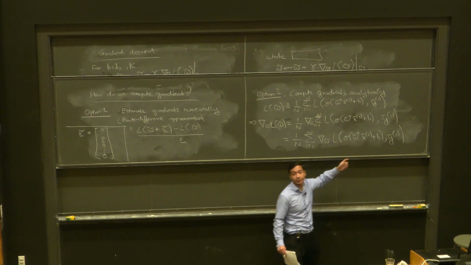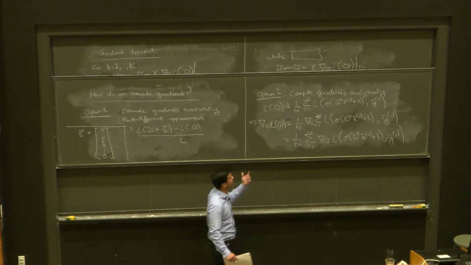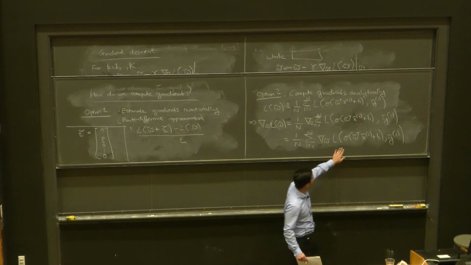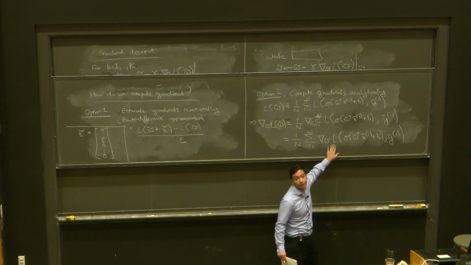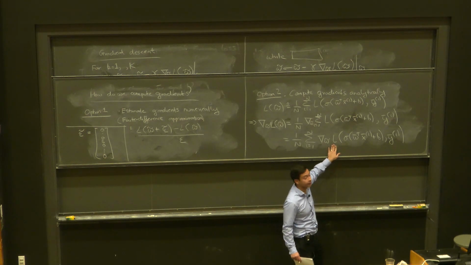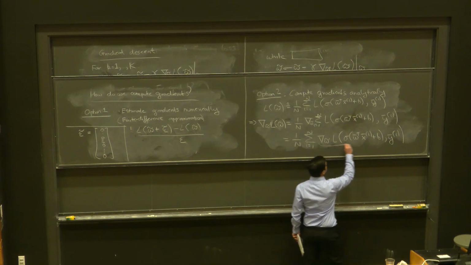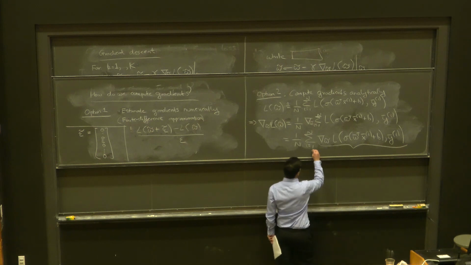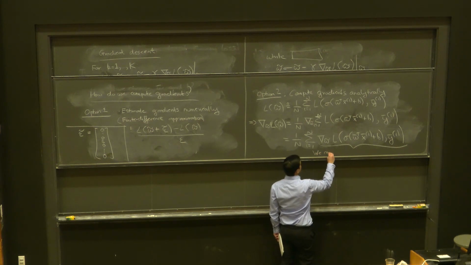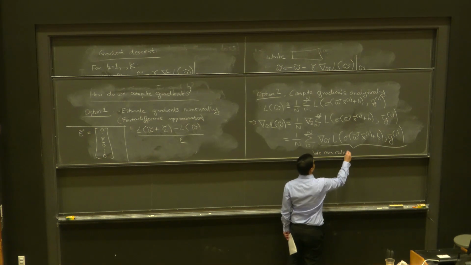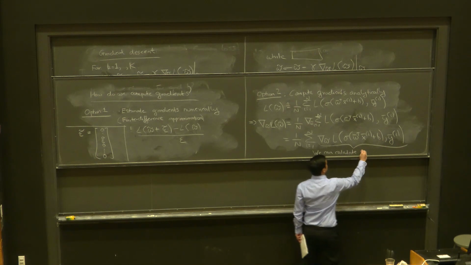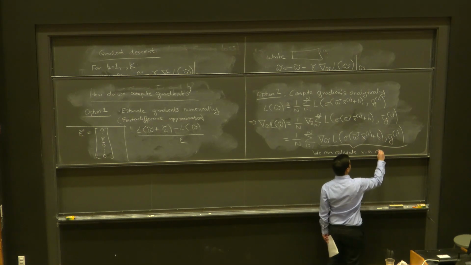If we're choosing the sigmoid activation, we can write down exactly what that function is. If we're choosing the binary cross entropy loss, we can write down exactly what the function L is. So we can actually calculate this